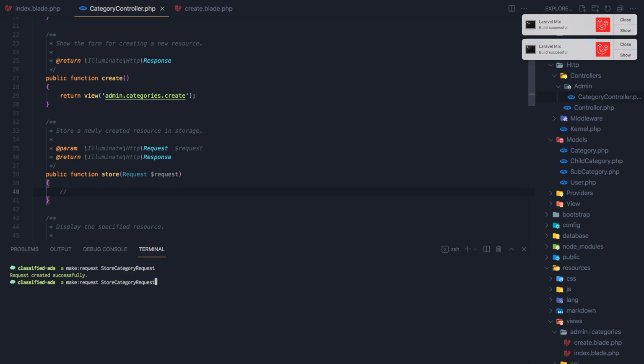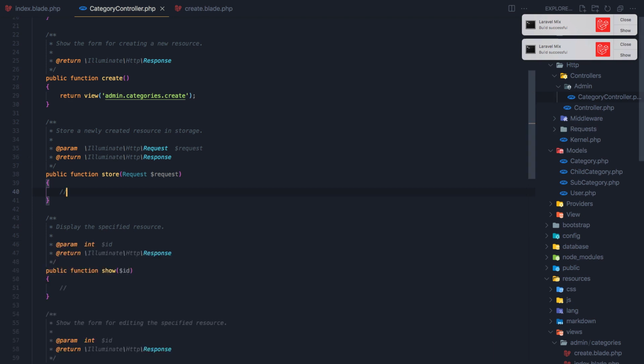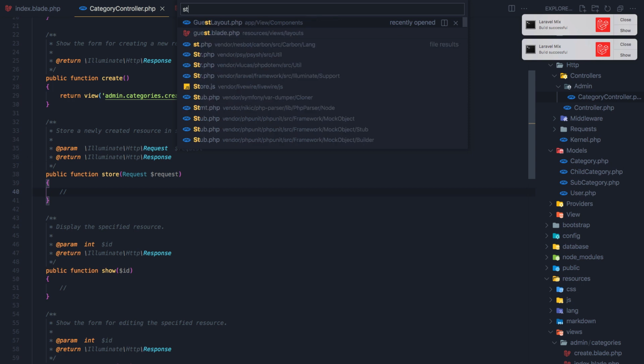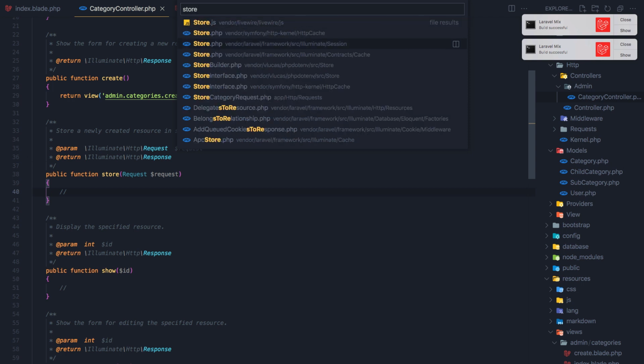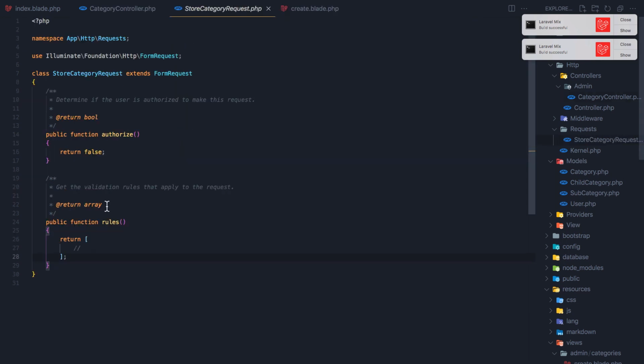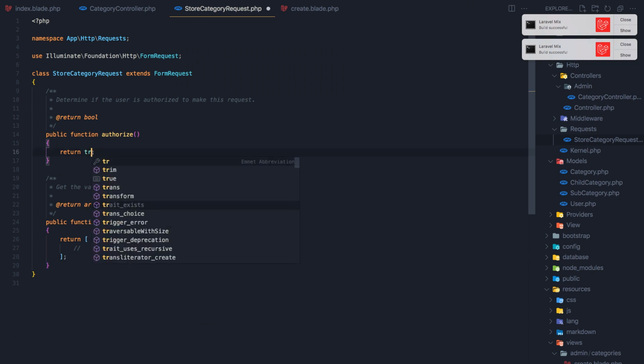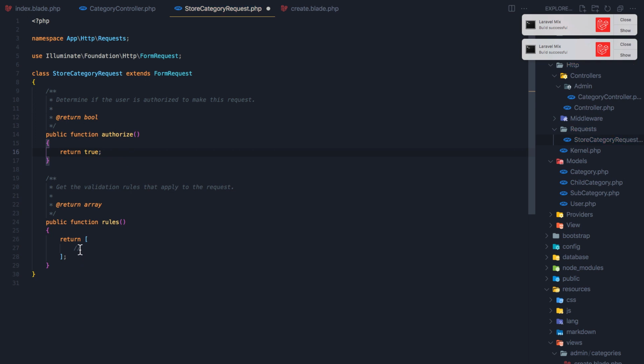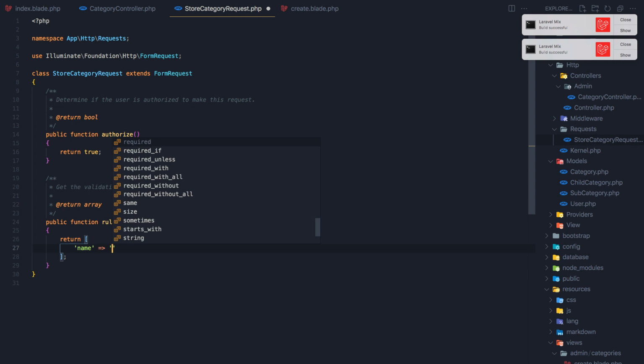So artisan make request StoreCategoryRequest, and open that request and make some changes. Change authorize to true. Okay, and here we need to add the fields, but before the fields is the name, which is going to be required,